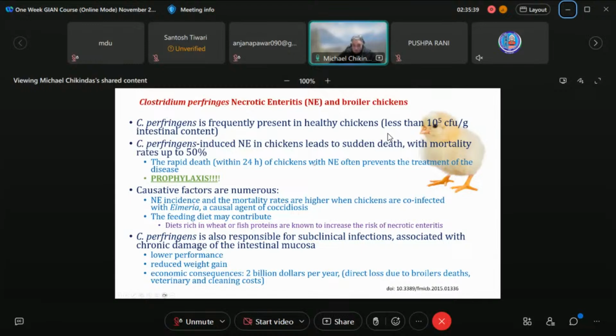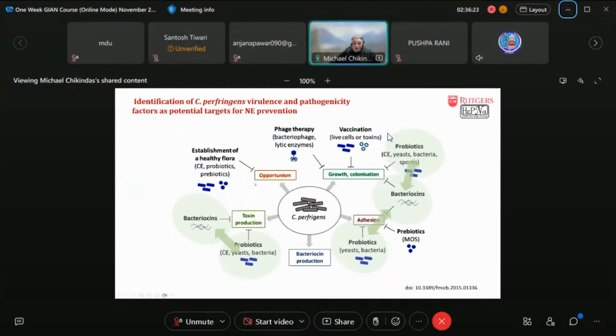Causative factors are numerous, and of course, the microorganisms can come virtually from anywhere in the environment, and even if the bird is not dying, there can be low performance, weight cannot be gained properly, and the economic consequences mentioned are up to $2 billion per year, and that's the cumulative loss to the producers, if you wish. It's the death of the birds, it's the cleaning that is required for the facility, it's the assistance from professional veterinarians, etc., etc. So the virulence and pathogenicity factors of perfringens and how they can be prevented, and you can see here